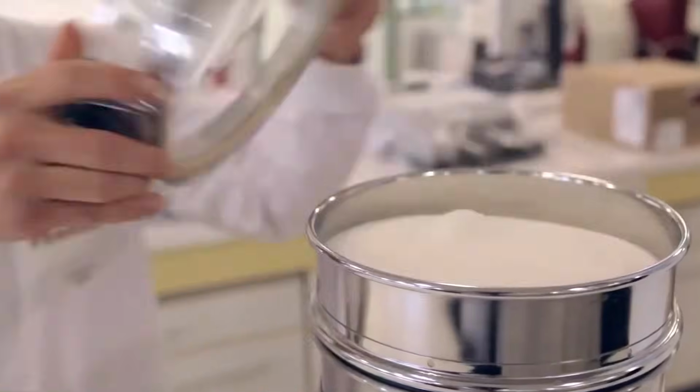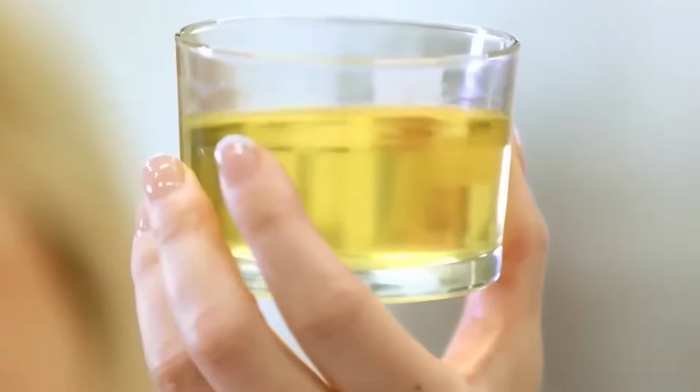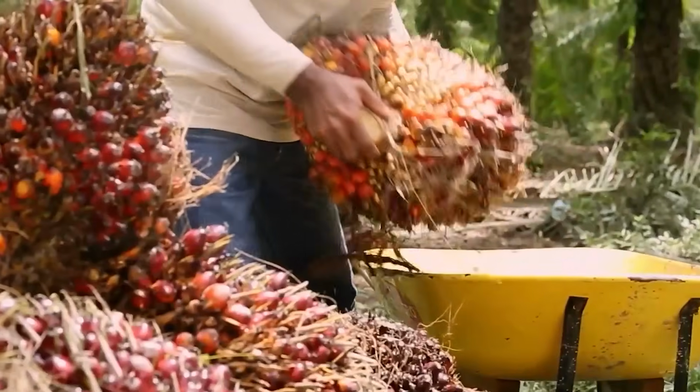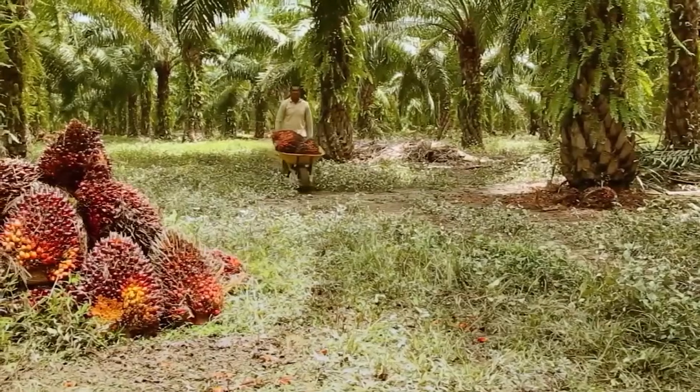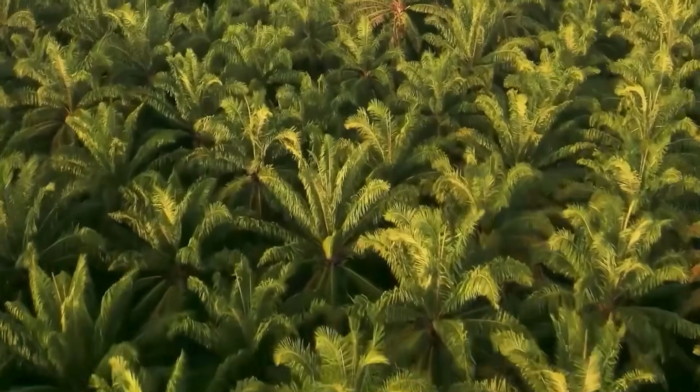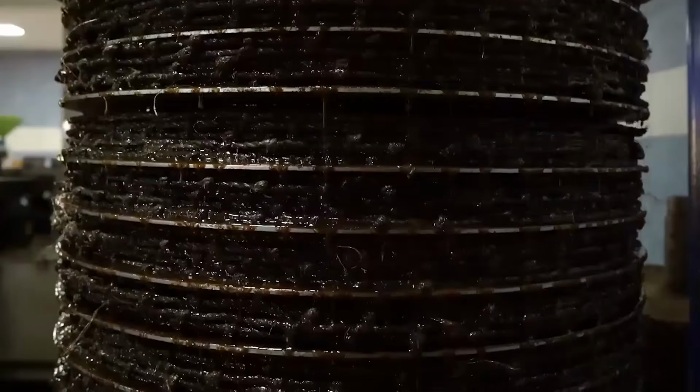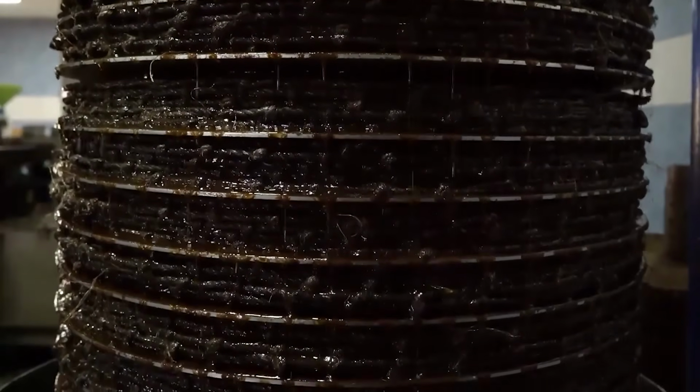The factory also incorporates sieving systems to filter out any impurities or oversized sugar particles before they proceed to the blending stage. Cocoa powder, another key ingredient, undergoes a similar process. The cocoa powder is stored in sealed silos to protect it from moisture and contamination. Before being added to the Nutella mixture, the cocoa powder is sifted through vibrating screens to break up clumps and ensure a fine, even consistency. This step is crucial for achieving the smooth texture of the final product, as any clumps could create inconsistencies during